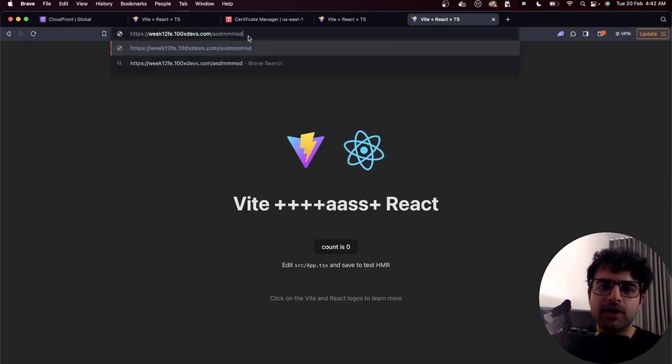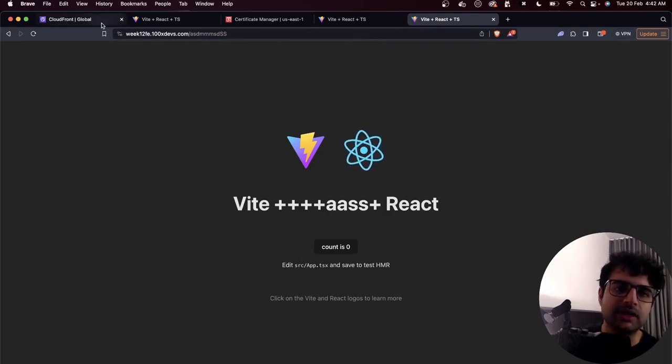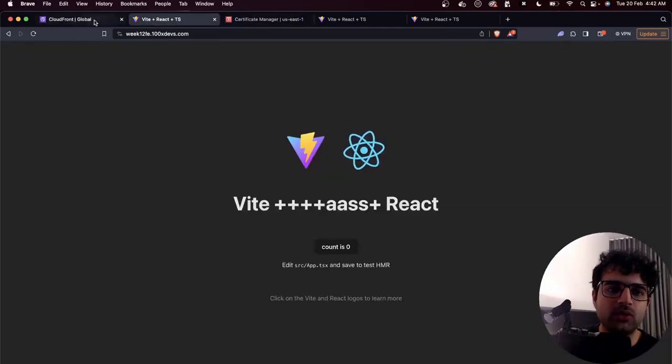But either way, now it does not matter what route I go to, every time I get back the same index.html, because I added an error page. If a 403 comes, don't send a 403 to the user. Send them index.html, which, as you can see, renders our page. Cool. That was the last slide. This was all that you had to do to create